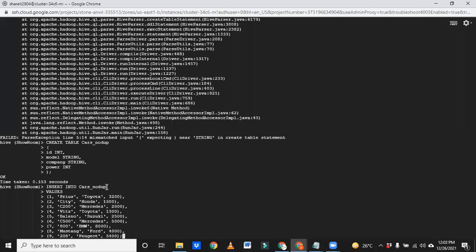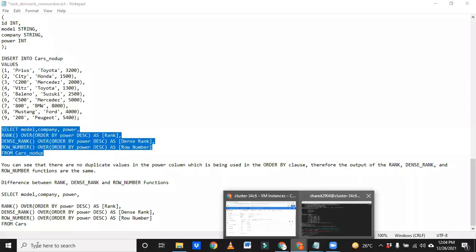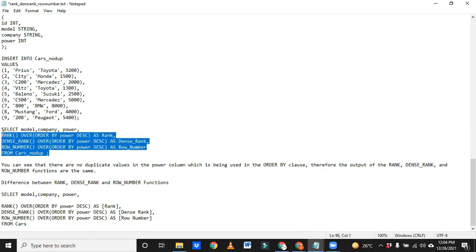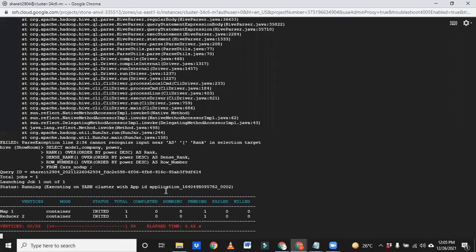It will load, and then we'll see all three together on this table, how this behaves in a single table. So we'll execute this statement. We will see how it will give the ranks.